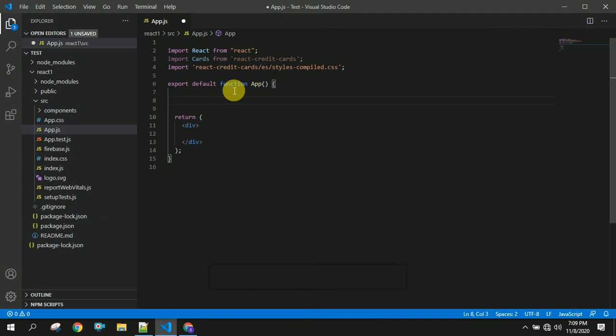For that I am going to use useState. const number, setNumber is equal to useState of an empty string, which I am initializing with. const name, setName equal to useState of an empty string.